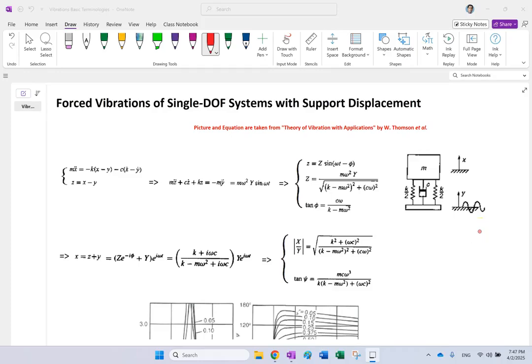Hello everyone. In this video, we are going to talk about forced vibration of a single-DOF system, but as opposed to my previous video where the force was the reason for external excitation, this time the support displacement or the ground displacement is the reason. So let's say you have a mass and this mass is connected with these two half springs, or these two springs, and this damper to the ground,